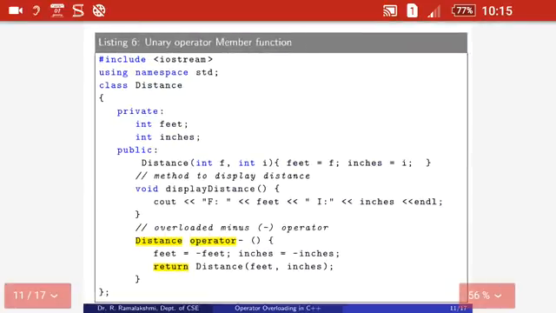Let us see a complete example for overloading unary operators with member and non-member function. In this example, we declare a class called distance with the two member variables feet and inches. The first function is a constructor function, the second is for displaying the values of feet and inches, and the operator function is given in the